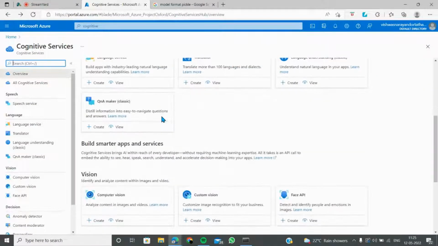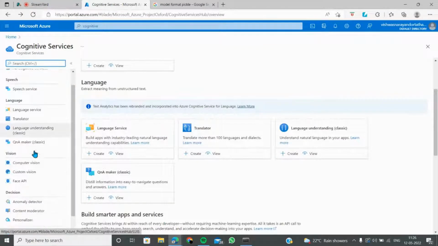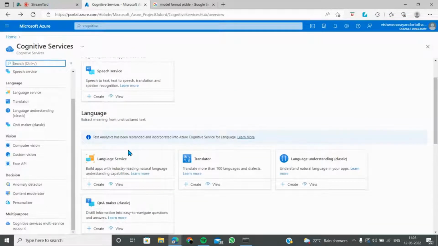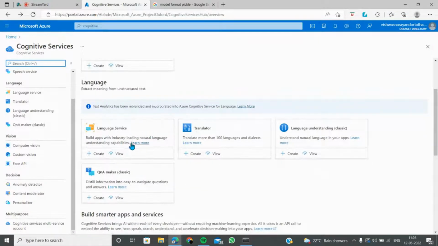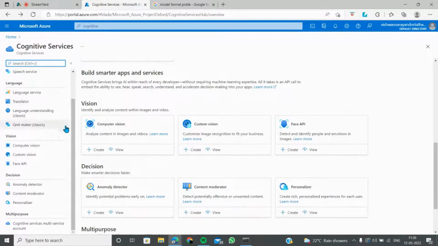So what we can do is we can just explore the portal for a while. How are these language services and how are different APIs that are coming in here, and we can start working towards it. So a language model is always here. A language service is always there. So LUIS is this one. This is called language understanding. This is a translator. This is a Q&A maker. If you just put the Q&A thing, it will start working. So this is how they are. Visions are always there. Computer vision is always an integral part of it. So that's how all these technologies will come in.